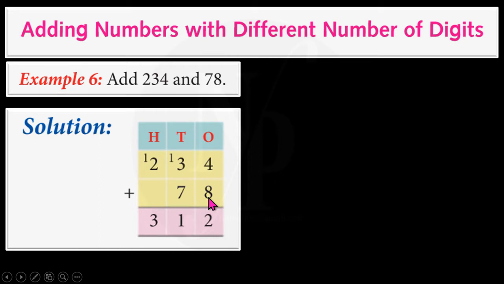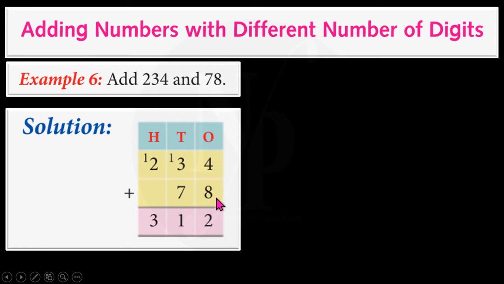We should take care while writing down such numbers in the place values table. If you write 7 in hundreds place and 8 in tens place, then the addition will be wrong. So whenever we write down numbers with a different number of digits for addition, one below the other, we should always take care that the place values are correctly written. After writing down the given numbers in the place values table, now we have to add the numbers starting